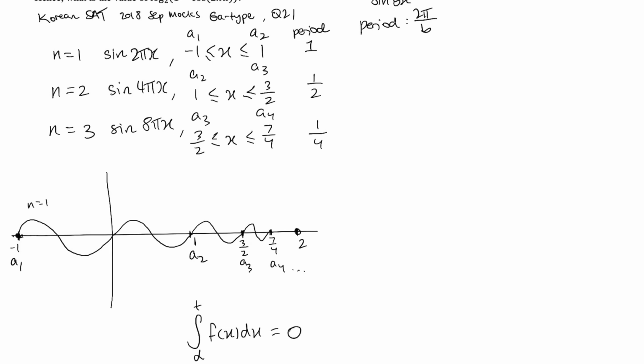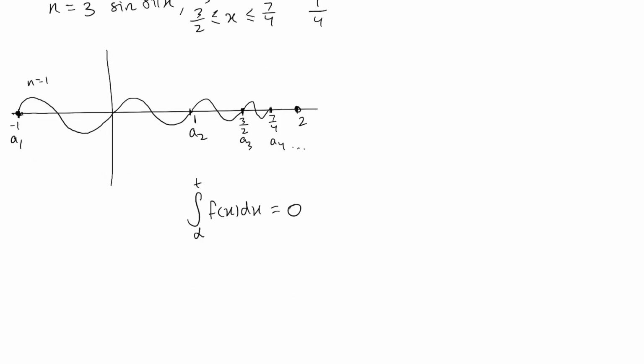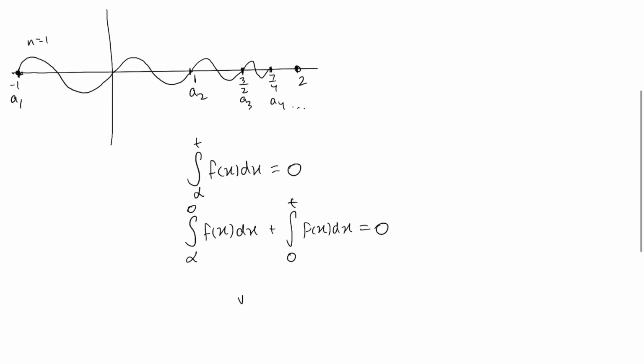So we'll just focus on the integral here and don't worry about alpha, t, and 103 just for now. Having two unknown bounds is a bit confusing, so we can use a property of the integral to write this as the integral from alpha to 0 of f of x dx plus the integral from 0 to t of f of x dx equals 0. And of course we can rearrange this to give